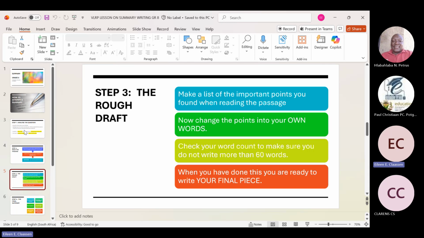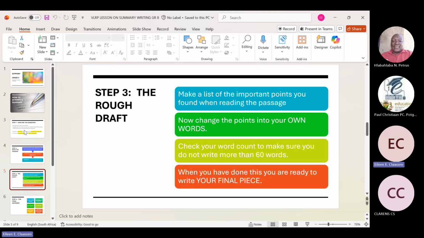Then you must now remember your summary must be written in your own words. So what does that imply? Own words only means that it must not be 100% exactly word for word as in the passage. If you change the word order a little bit, or you take out words that are not important, like extra descriptives, if they say it's a massive colossal, then you're just going to say it's massive. You're going to take out that word. So you must make it less. You must reduce the words to fit into 60 words.